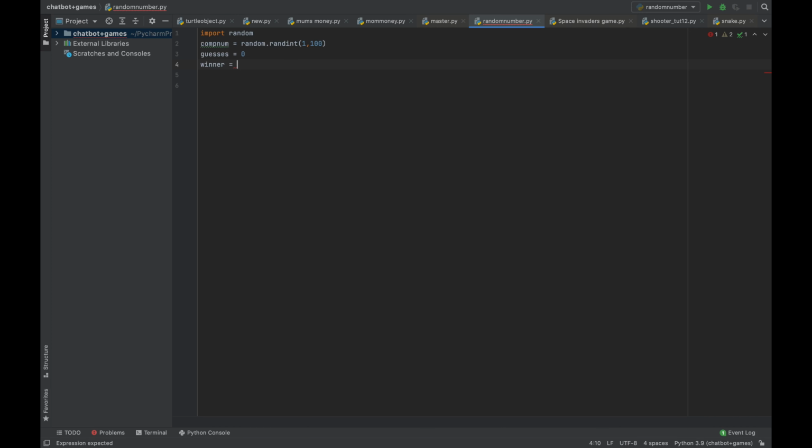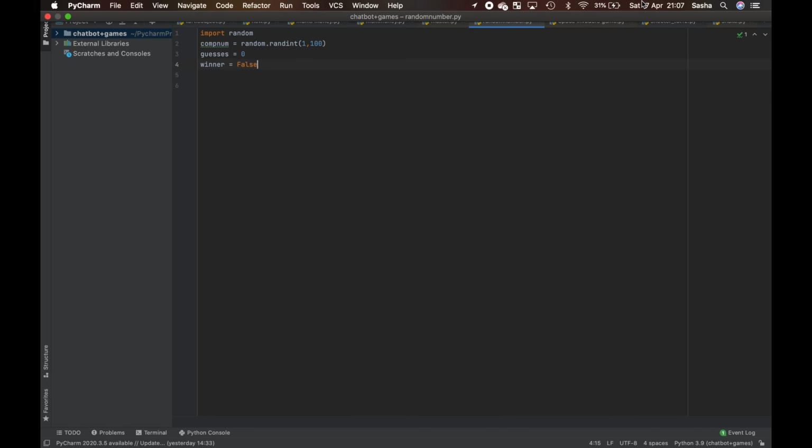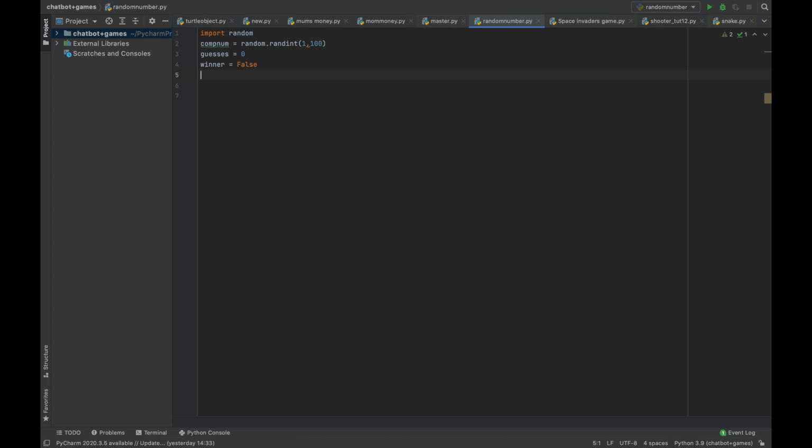So we set the winner to false. And then we put the while loop. So basically, we're saying that while the variable winner equals false,